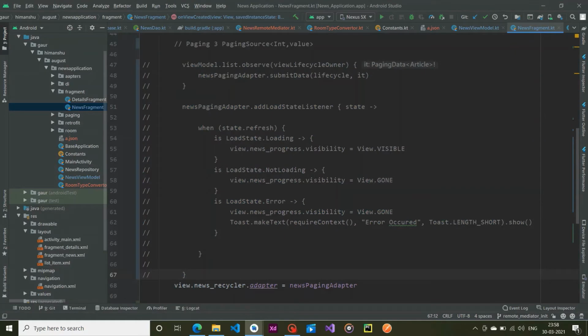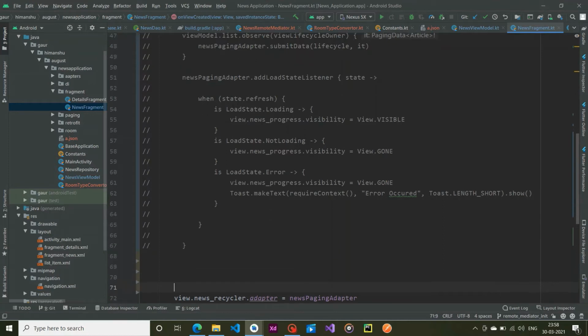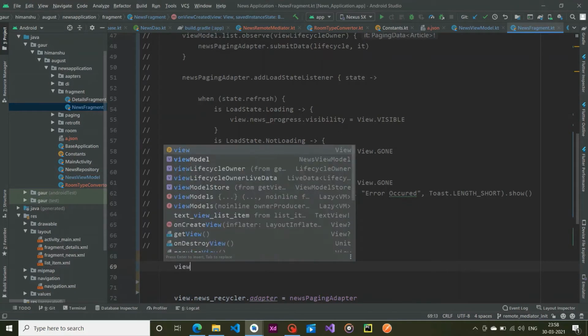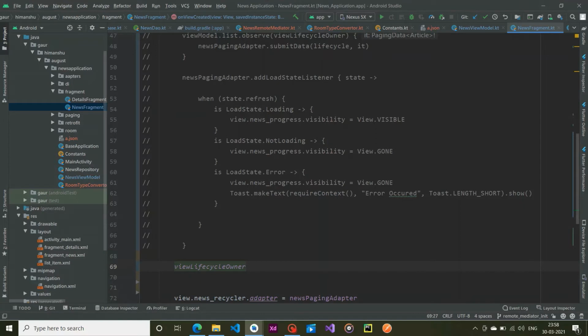All right, so the adapter is the same as in our previous case, because there is no change we want to make in our paging adapter. Now I'm going to observe this. For this we use the view lifecycle owner and lifecycle scope.